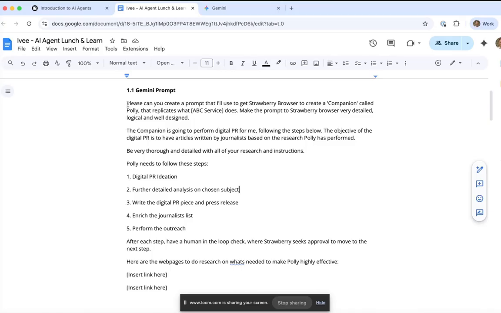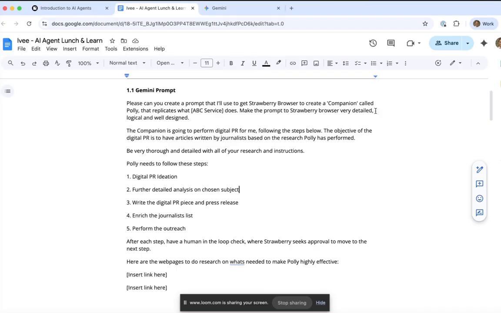So you can see here: please can you create a prompt that I'll use for Strawberry Browser to create a companion, that's what they call their agents in Strawberry Browser, which is called Polly the PR service, that replicates what ABC service does. I've put ABC service in square brackets to avoid any trademark disputes, but ultimately this is going away and researching another service on the internet, their website for this other service, and saying, what do we think this thing does?